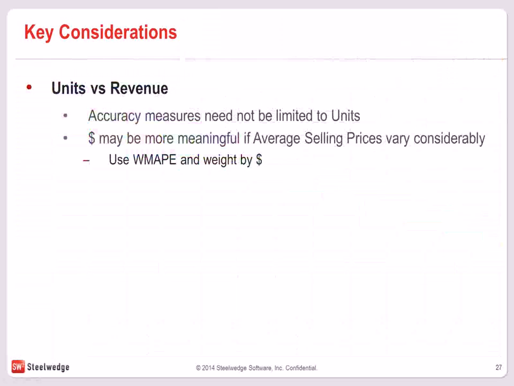So let's keep moving forward. One additional area of consideration is units versus revenue. In this case, we most often are measuring forecast accuracy in units, but it doesn't have to be that way. It may be more meaningful to look at revenue, especially if your average selling prices vary considerably. That is, if there are certain items that carry a much higher price tag than others, it's going to be useful to be able to look at those and weight by that dollar volume as opposed to units. And in a lot of those cases, it may be quite beneficial to do both the units and revenue